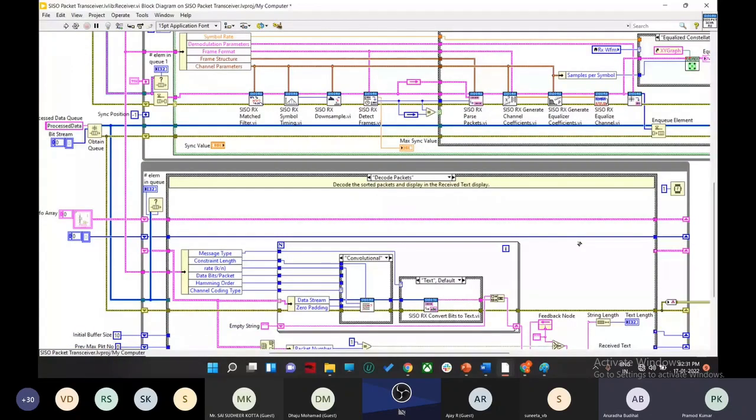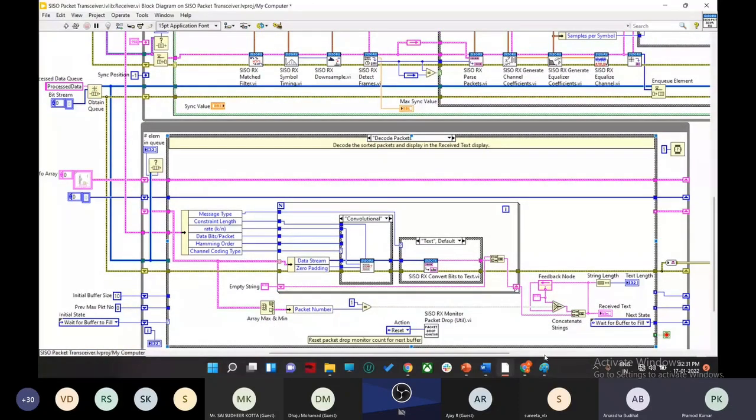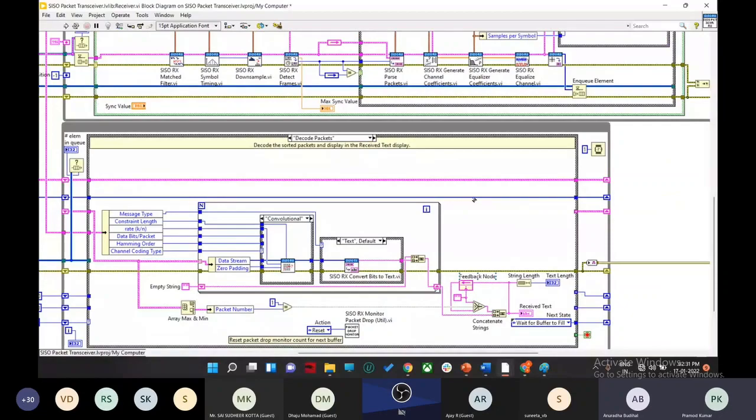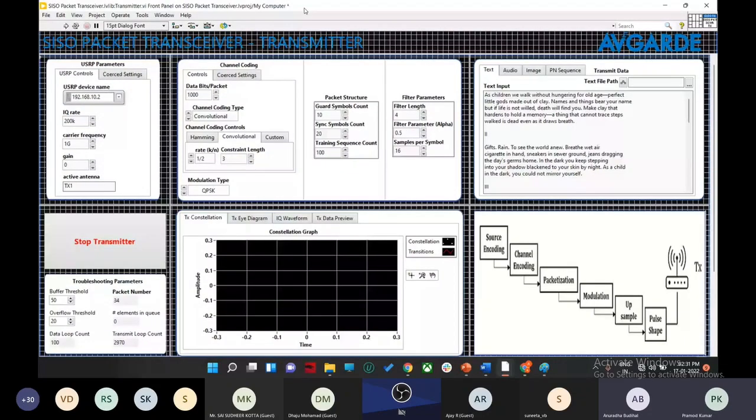If this is clear, I will show you how the transceiver works. Now this is the receiver front panel, and I will be taking out the transmitter front panel. Now I am transmitting at 200 kilo accurate and 1000 bits per packet. So I will run this code. It's transmitting, and we can confirm that by seeing this constellation diagram. And next I will